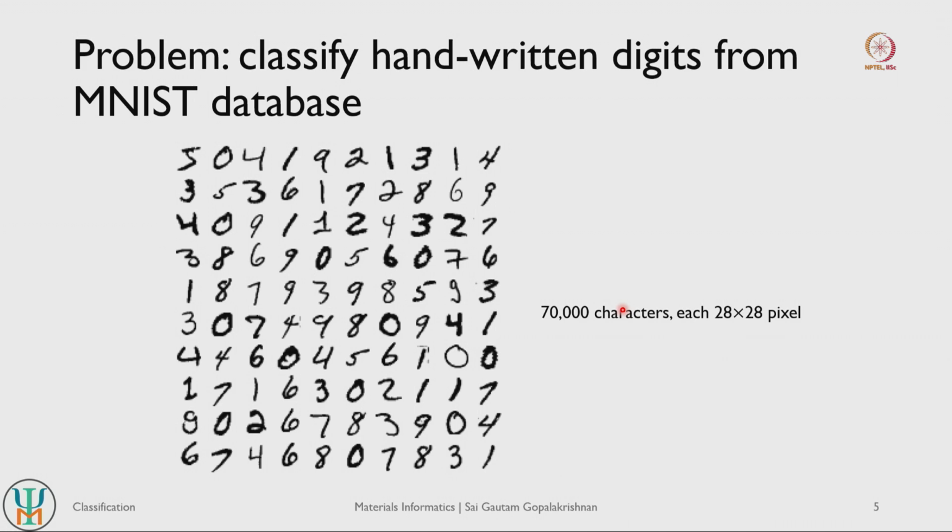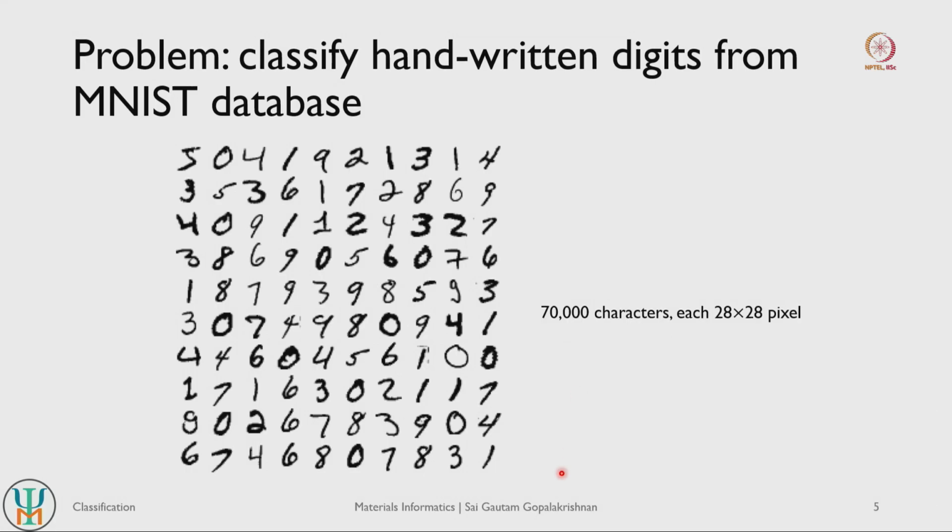Right, and also each picture of a digit itself is not colored, so it only has grayscale. In the typical way we encode grayscale values in images, they have a value between 0 to 255, with 0 being fully opaque, so the pixel is completely opaque, and 255 being completely transparent. So each pixel within this 28 by 28 pixel image just has a number assigned to it, which can be converted into a grayscale and visualized as an image.